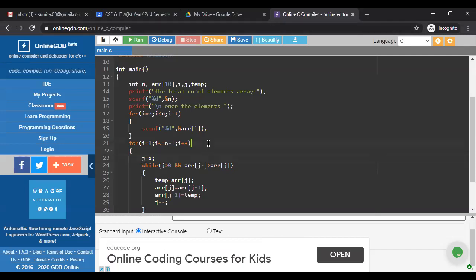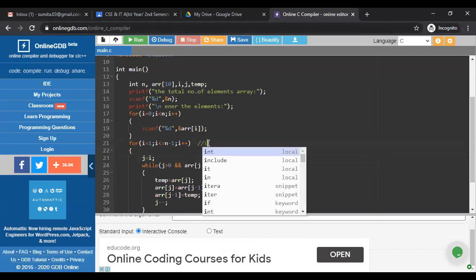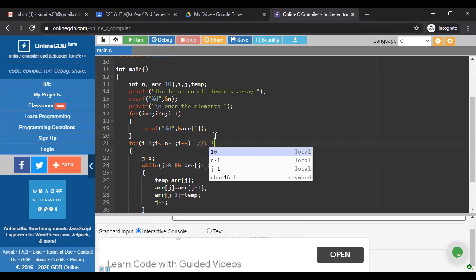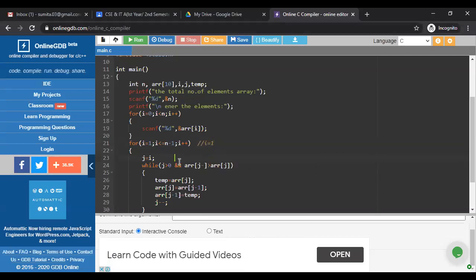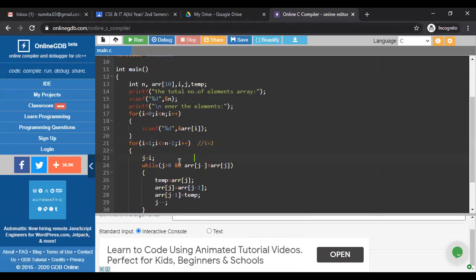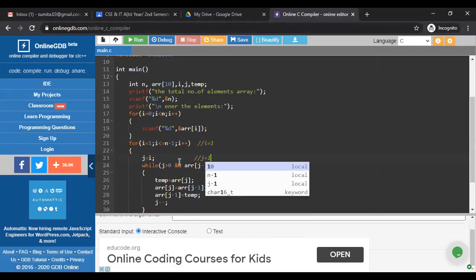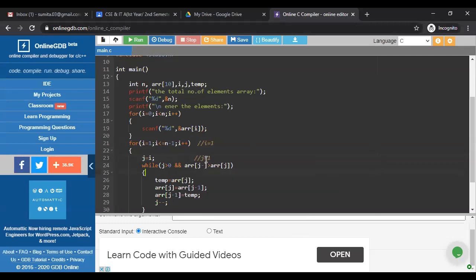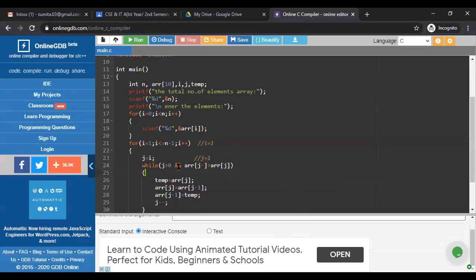In that place, I initialize with 1. If I am writing here j is equal to i, then obviously j is equal to 1 also. No problem, because if i is equal to 1 and j is equal to i, then j is equal to 1. Fine. After that, now move on to this place.